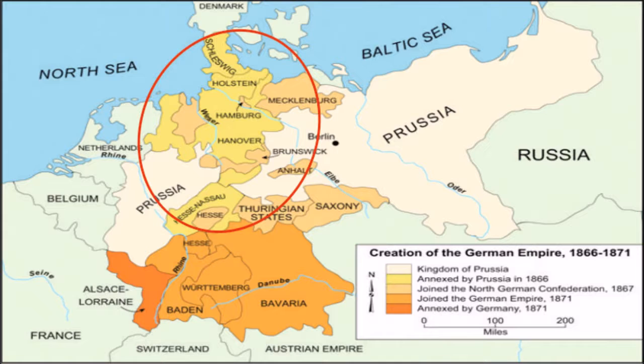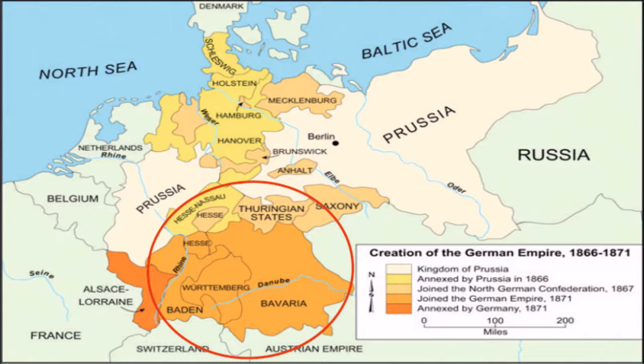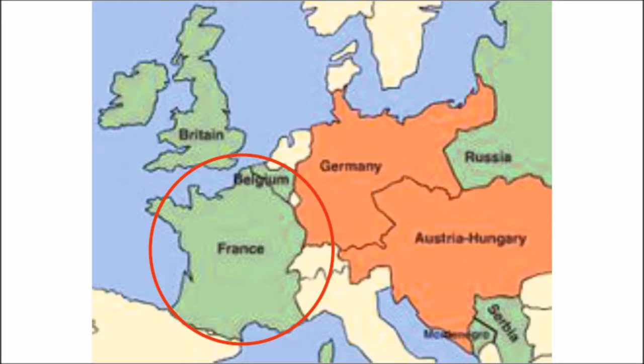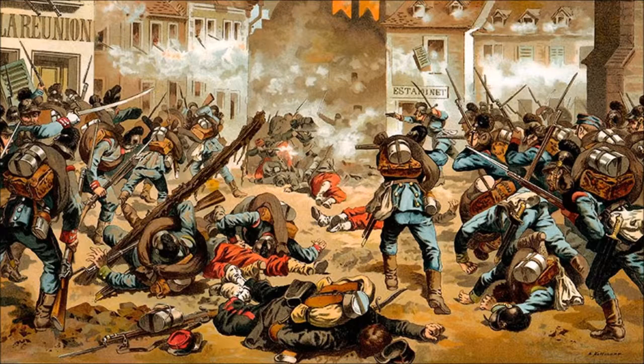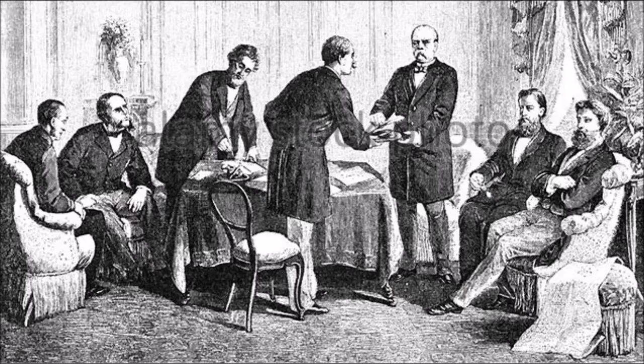Franco-Prussian War, 1870-71. After the conflict, Bismarck had annexed those states in the north which had earlier resisted Prussia, and the North German Confederation was formed. The states in the south were not ready for annexation. Bismarck had realized that in this process, France was the greatest obstacle. Thus, a conflict took place between Prussia and France, in which Napoleon III of France was defeated and he surrendered to Prussia.